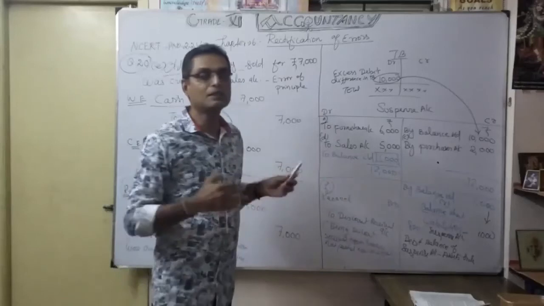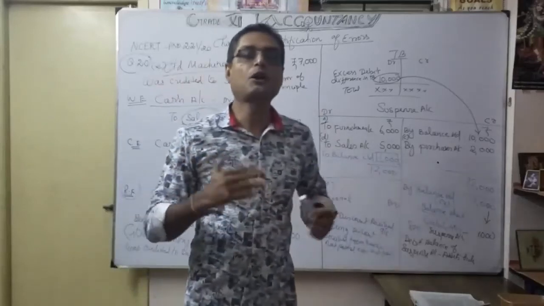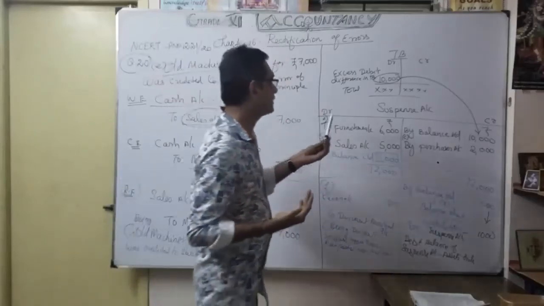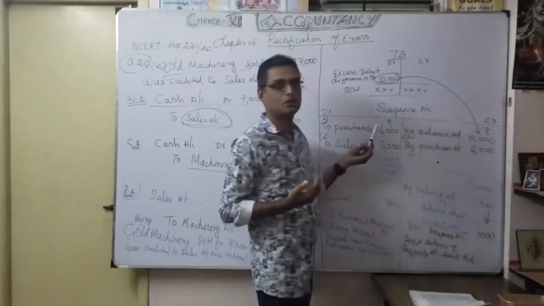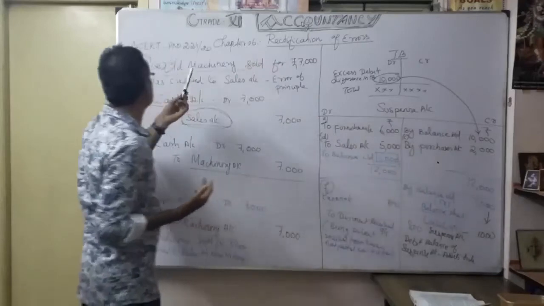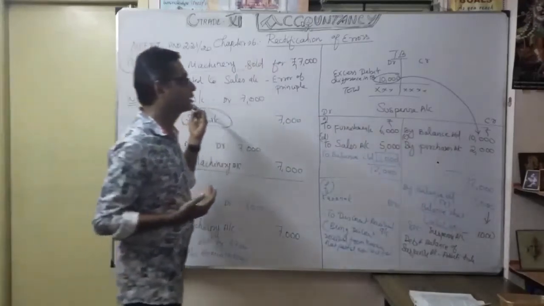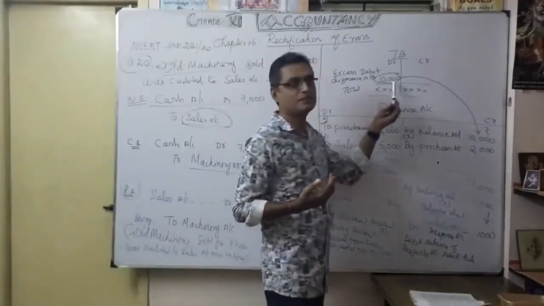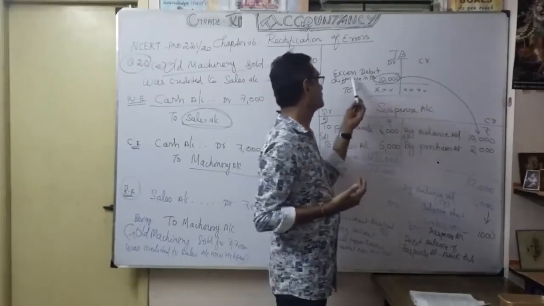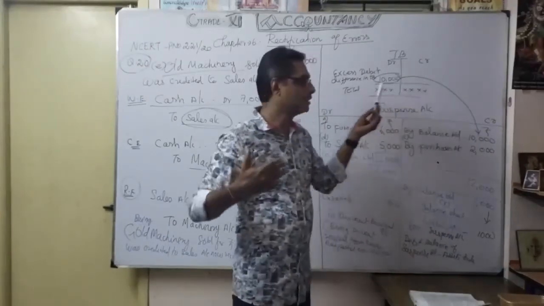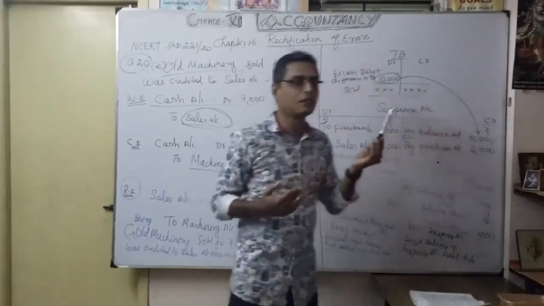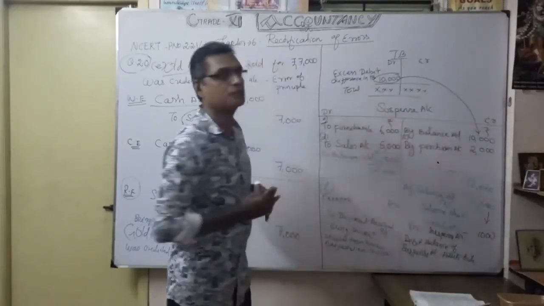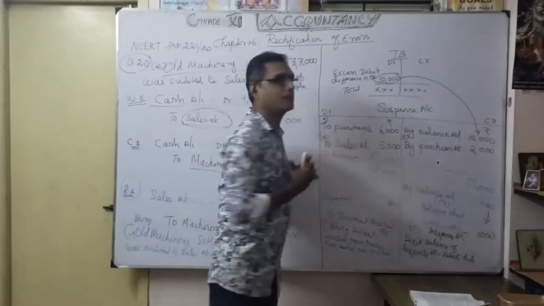That's what is given, two problems continuously. The opposite problem is done in the same manner. We show in the suspense account the balance brought down. The previous problem was question number 19. Here, question number 20, the difference is coming on the debit side. That means the difference in trial balance is debit excess. So how are you going to show it in the suspense account? By balance brought down 10,000.